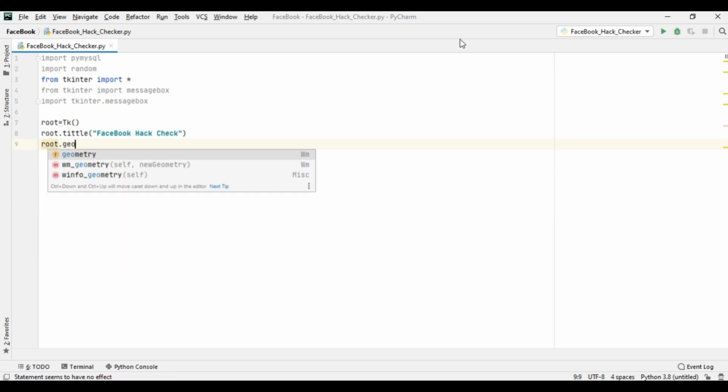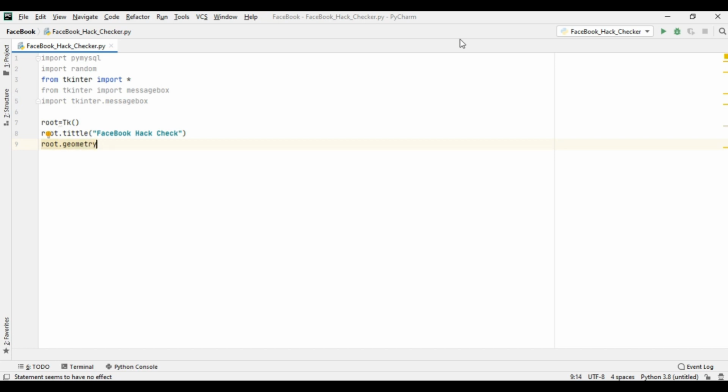The geometry, meaning the length and width of the program, would be around 700 by 400.